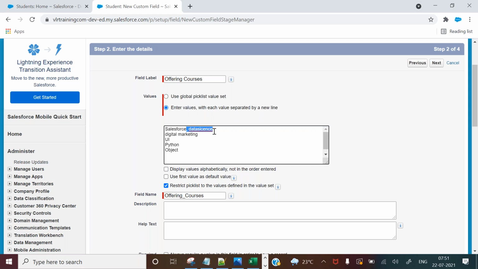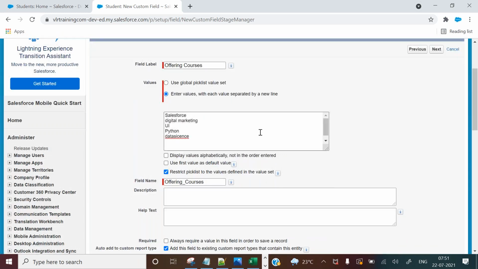Otherwise we will do one thing. First remove this one here. Give it like this only. Later I will show you. The negative side also I will show you. Okay. So each value can be written on a separate line. So each value should be added on a separate line, and you should not use any commas also. Remember, you should not use any commas also.